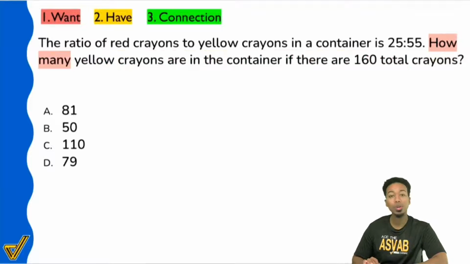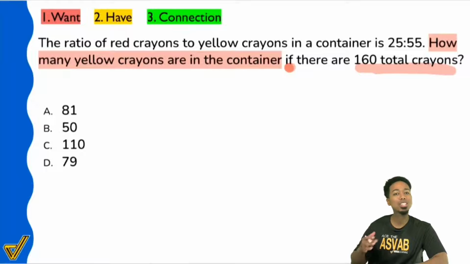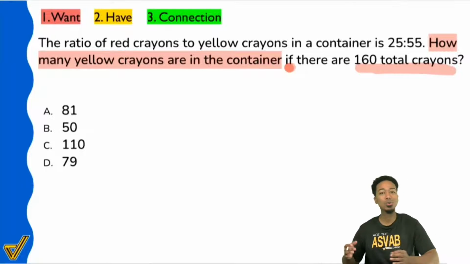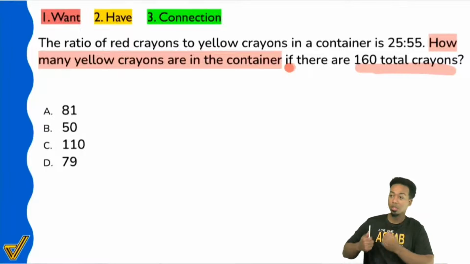The who, what, when, where, how many, which of the following. It says, how many yellow crayons are there in the container? And then it says, if there are 160 total. But let's read that very carefully, because I guarantee you about half of you who are confused are about to go from, "Coach, I hate math. I don't know what to do," to,